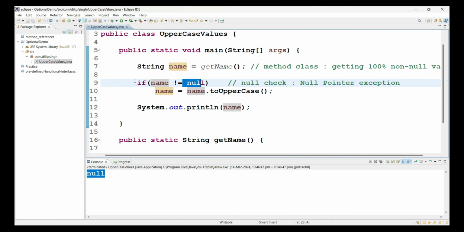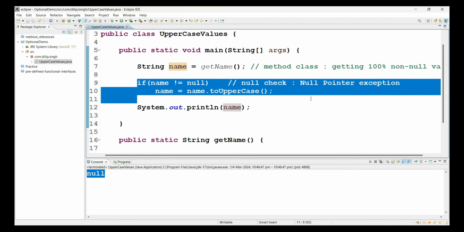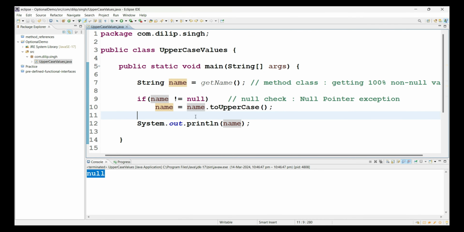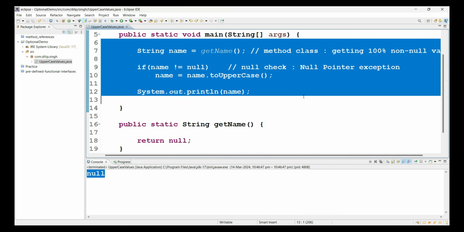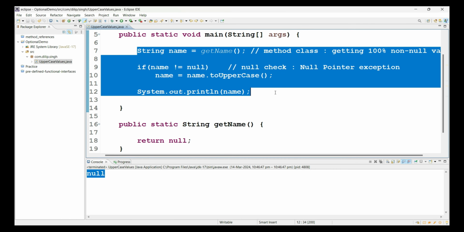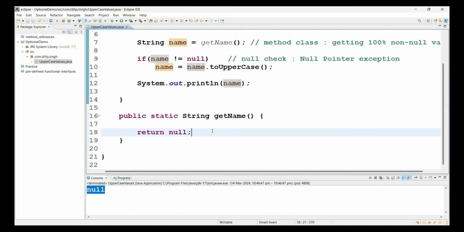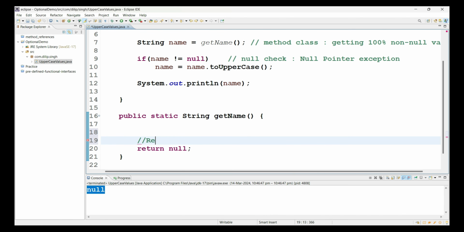But this might be a problem in every scenario, every class, every method level most of the times. So we have to write n number of times null checks to avoid and reduce the null pointer exceptions. So now to overcome these problems, the Java language introduced a class called the Optional class. So in this case, what Java is suggesting is, whenever you're trying to return a result value, for example, here what I'm returning,